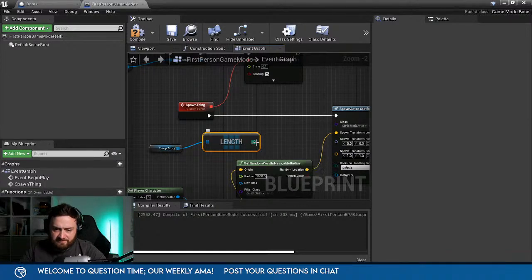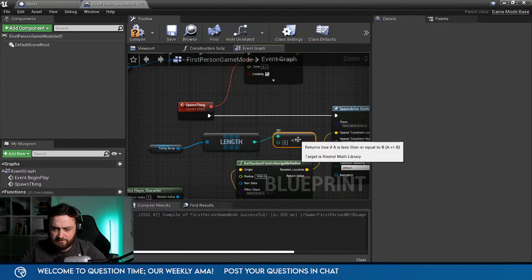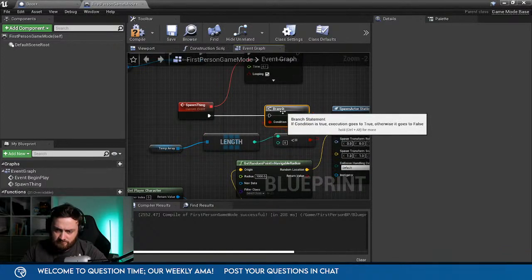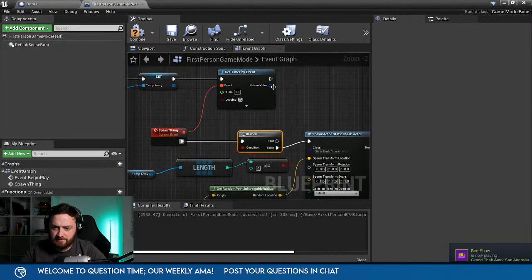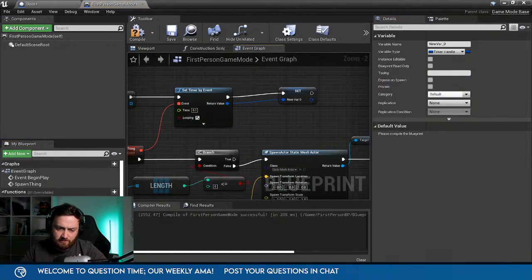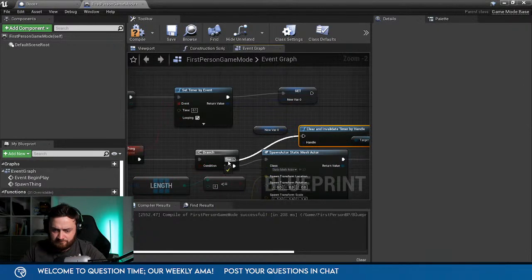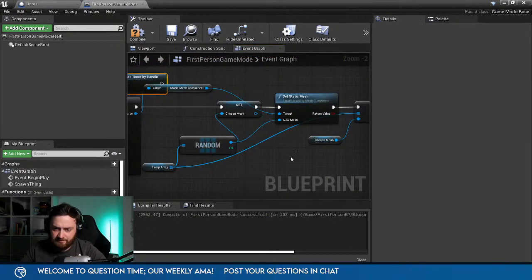And if it is less than or equal to 0, false would go into here, then true, you want to clear this timer. So this timer here, you want to promote that to a variable. So then you can call it back here and clear and invalidate it so it stops doing it. And that should do it, because then it's taking it 1 by 1 from the array.